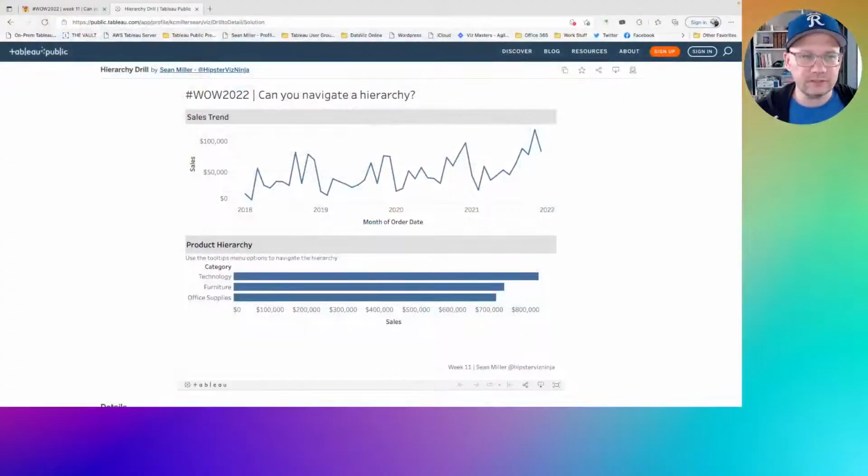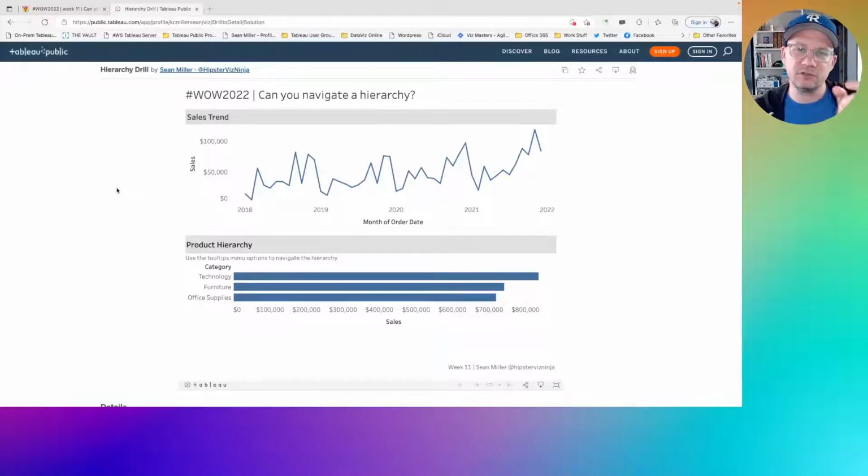What we're going to talk about is navigating a hierarchy. A hierarchy is cascading levels, cascading dimensions in your data set where there's a top level, a middle layer, and then a detail layer or more granularity. And each one of those has a range of cardinality. You can have high cardinality in all three of them. It could be kind of stair-stepped, like the Superstore data set, where you have category, subcategory,